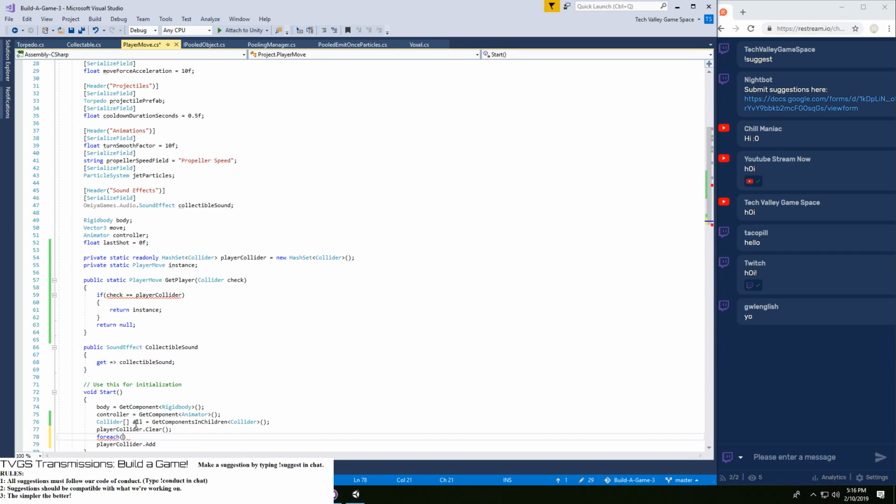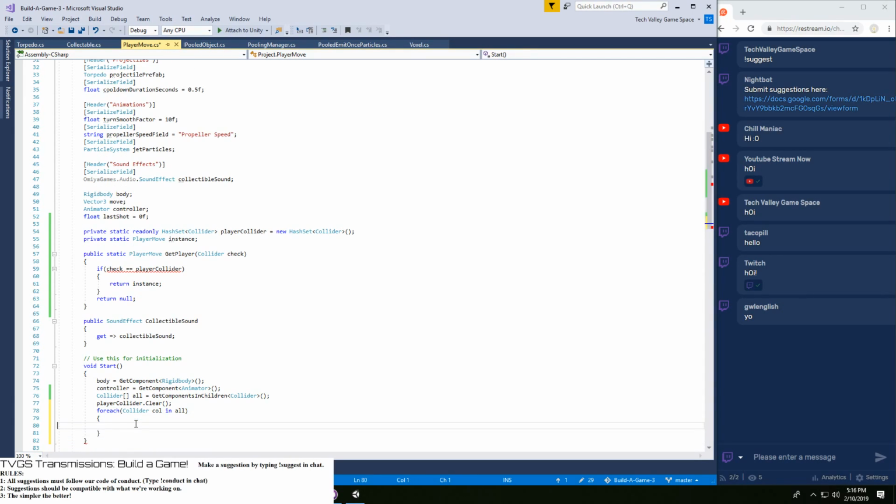For each collider col in all. I'm being lazy here. Add this, and then we can check to see if player collider contains check equals true, and then we can say instance is equal to this.